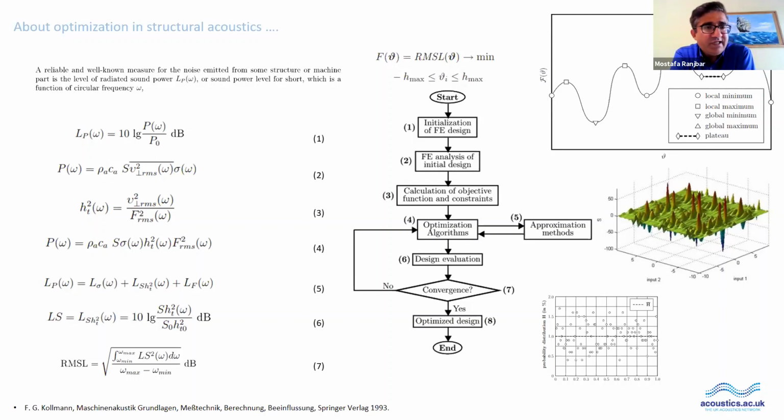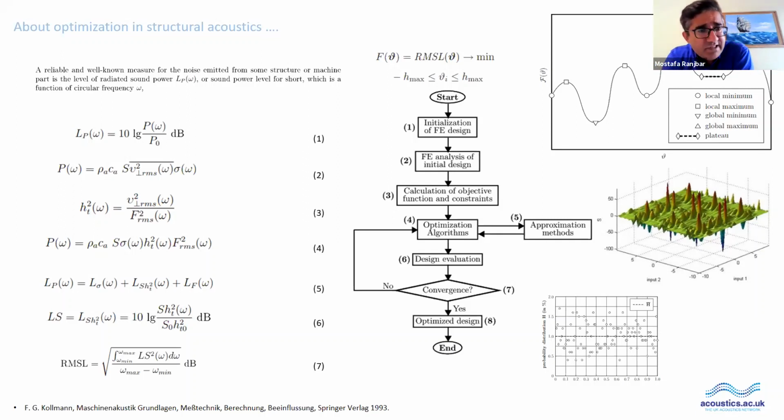So here we can say that the level of structure-borne sound can be defined by equation number 6. And if you want to take a root mean square of this parameter over a wide frequency range, then we can use equation number 7. Although it is not exactly representing the radiated noise from the structure, it is a representative value so that you can have a feeling about the radiated noise from the structure. So the trends are the same, but maybe the values are a little bit higher.